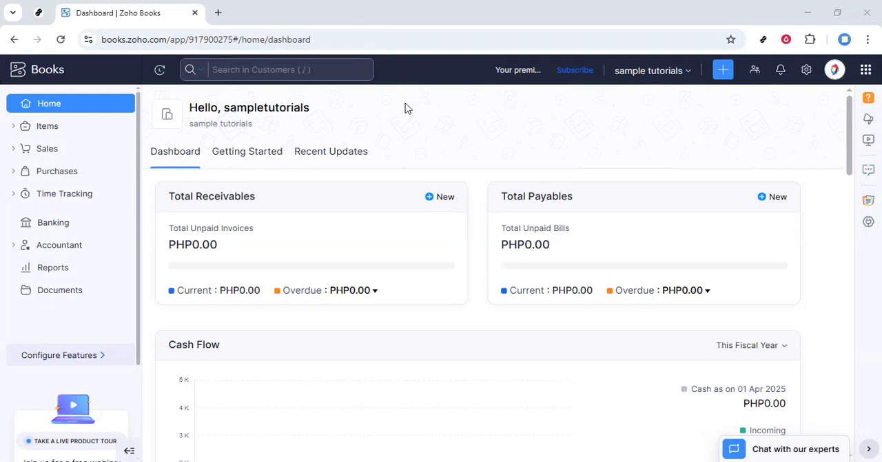In today's video, I'm going to teach you how to add a credit card in Zoho Books. We'll walk through setting up a credit card account so you can track spending and reconcile it alongside your other financial accounts. This process is quick, and by the end, you'll have a clear, organized place in Zoho Books to